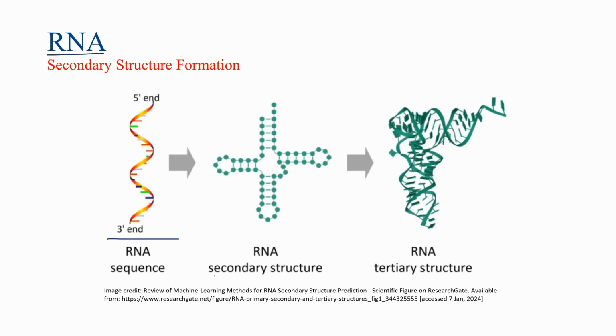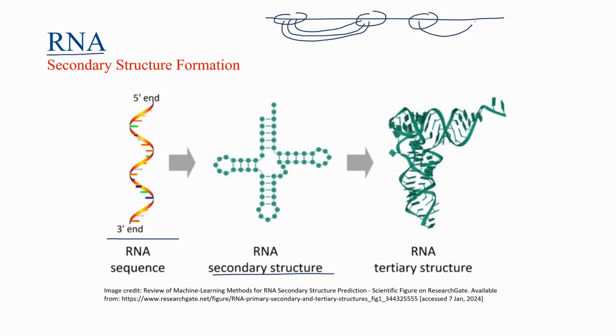The secondary structure is basically where a sequence of RNA will fold on itself. So you can have base pairing between this region of the RNA as well as this region of the RNA. This base pairing can form different motifs, and then this base pairing can be more complex. For example, you can have this region then base pair with this region. So the major idea that I want to bring across is that secondary structures can form, and we call the